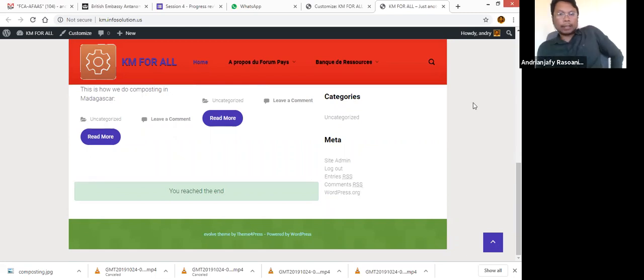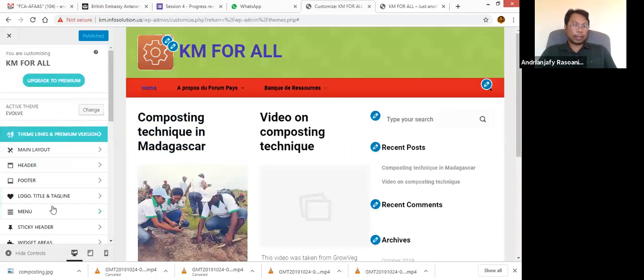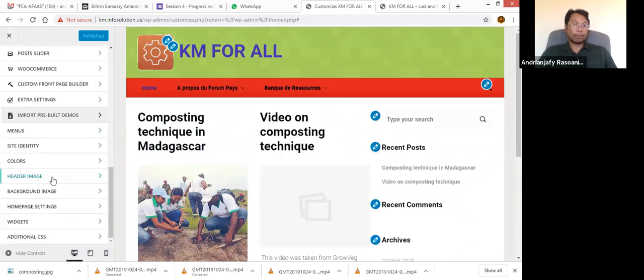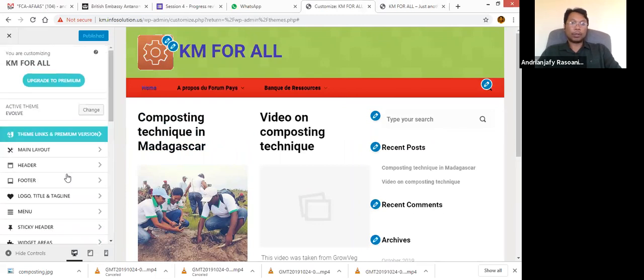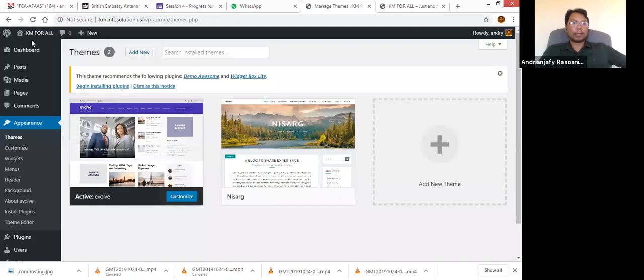Now the last thing that we will see, so anyone can do that. You just have to explore, you just have to visit and see all the details here. Now the last thing that we are going to do is about widget. What is widget exactly? So I will just quit this screen first, and let's go to widget here. So under appearance, themes, customization, then widget. You just click on widget,